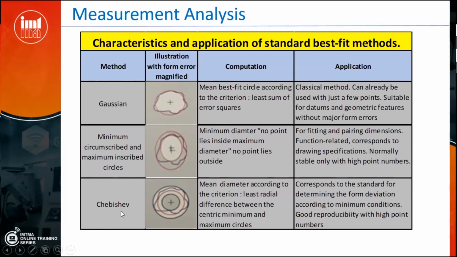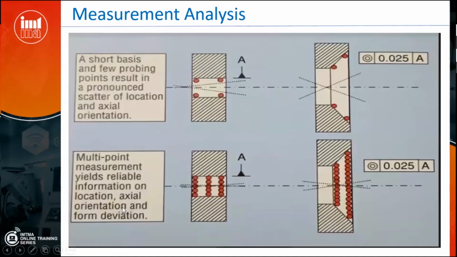That means there are different methods through which you evaluate a circle. So in all these 3 different methods, the diameters are different. The position of the diameter is also different. But I should know for which application I'm using it, and we'll be able to answer that with these modern machines.